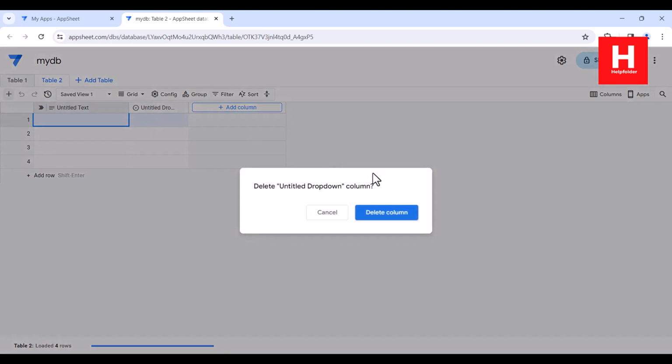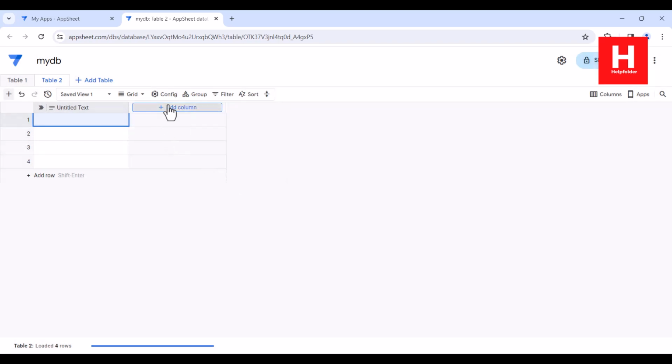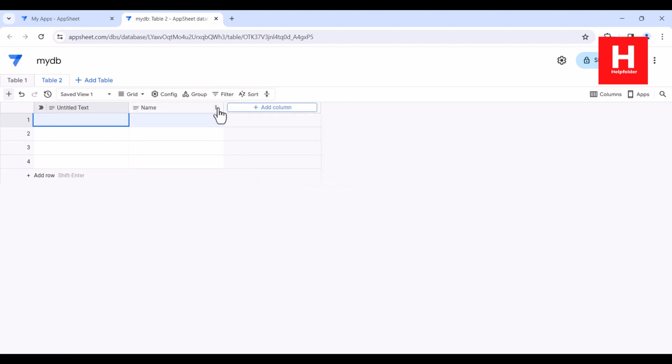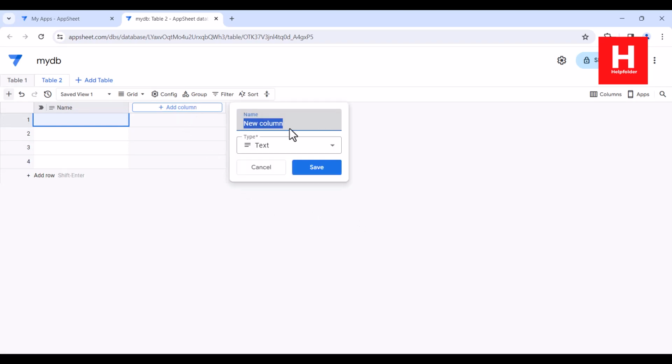Now I will remove the columns which are already added. Currently I can't remove this unless I add a new one. So I will add one with this name, which is going to be a text. I will make this label the prime column and remove the unused columns, right? Now another thing I can do is use, let's say, the option of